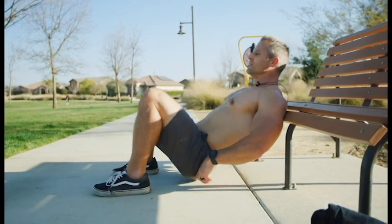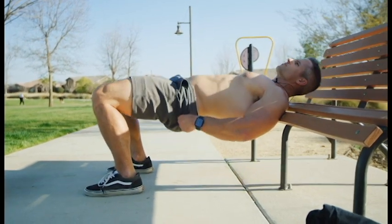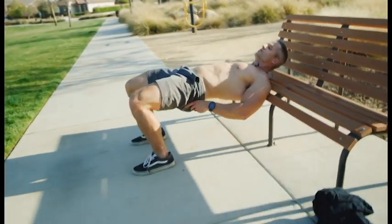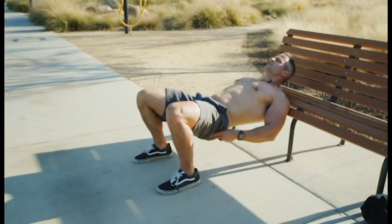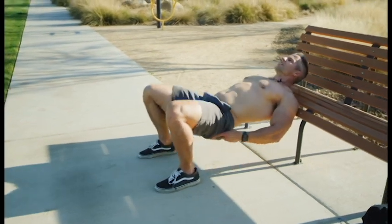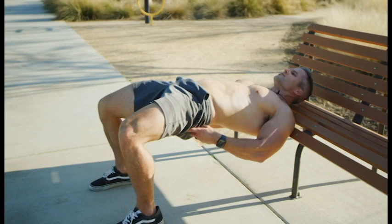1, 2, 3, you wanna squeeze the glutes. 4, 5, 6, 7, 8, 9,